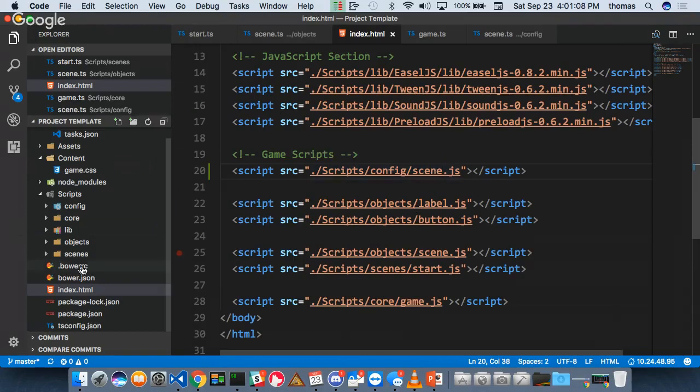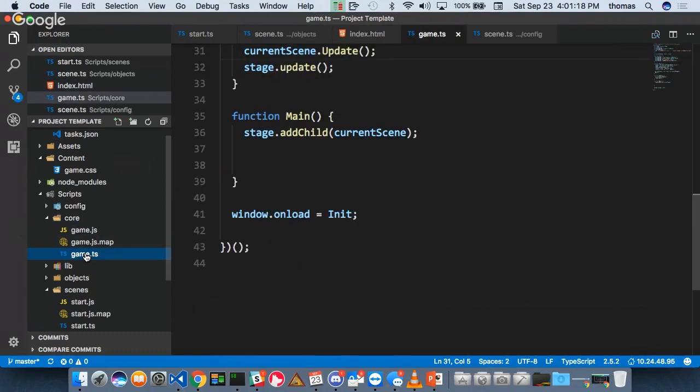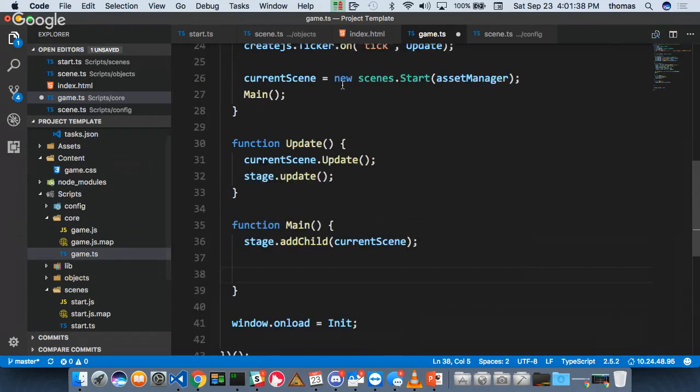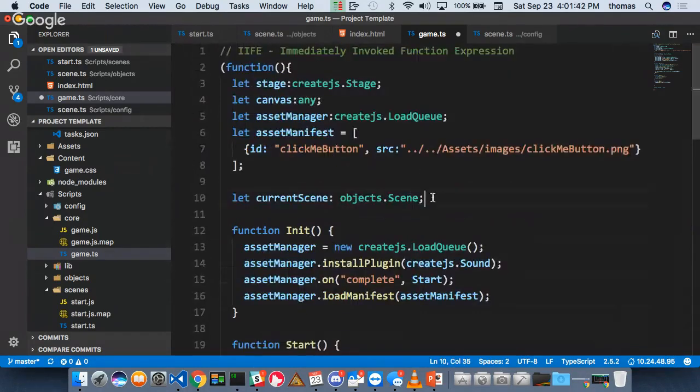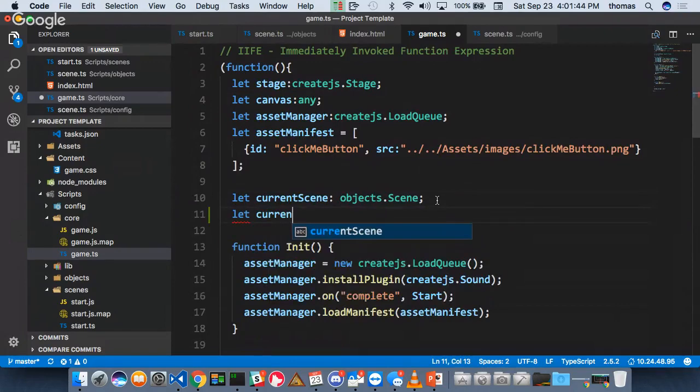Attached it. It's available inside my scenes file. So if I go to start scene or inside my core, this is the effect I want. I can start looking at what my current state is. So current state, you know, call it whatever you like. I'm making a state machine, right? But let's call it current state, okay? We can change the names later. So here's my let current state,